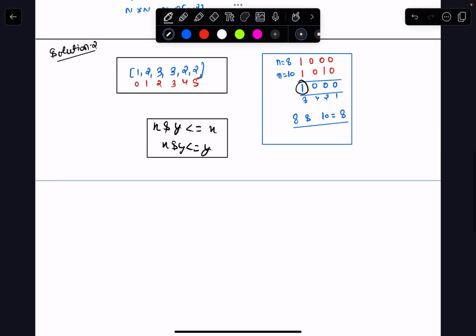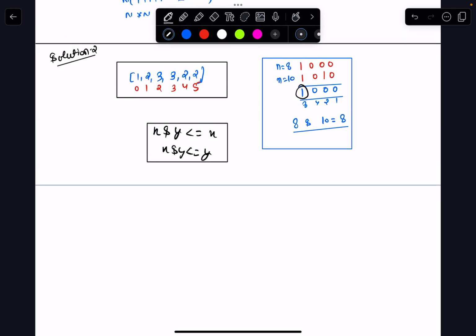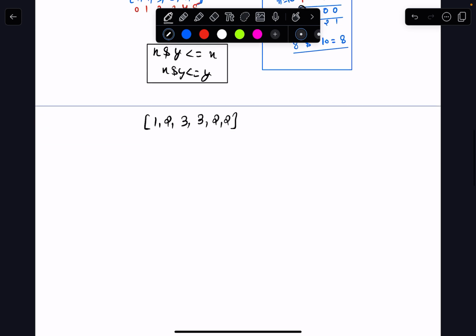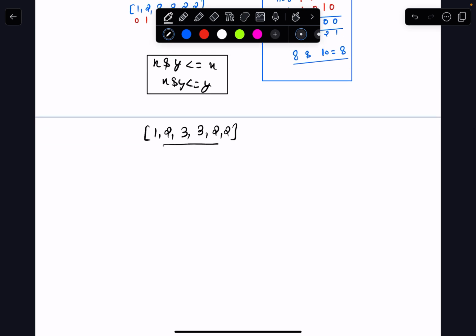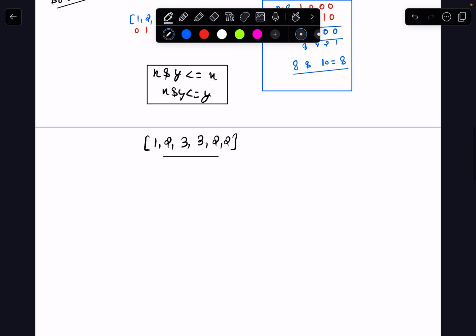If you choose any subarray, basically 1, 2 of the array, you can choose any of the subarray. Let's say for this subarray, the answer should not be greater than the maximum of this subarray. The answer should be less than or equal to, right? That means here in this subarray,